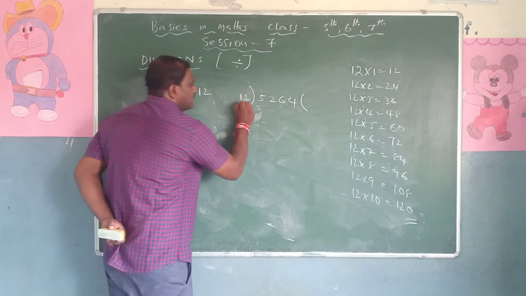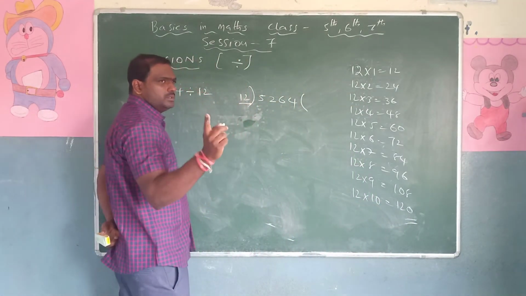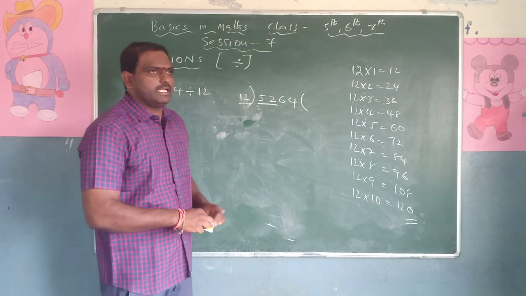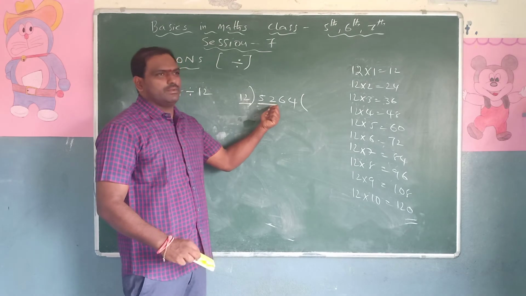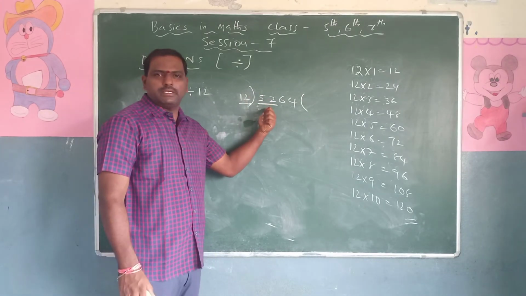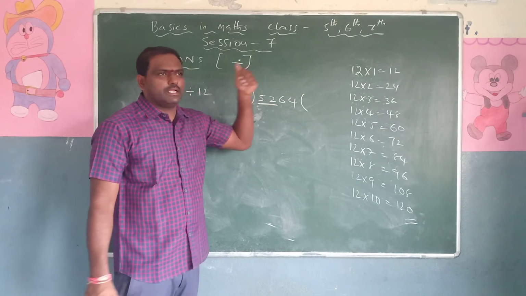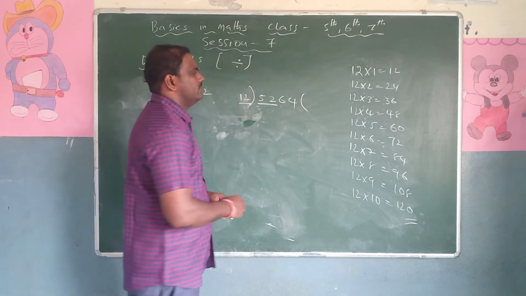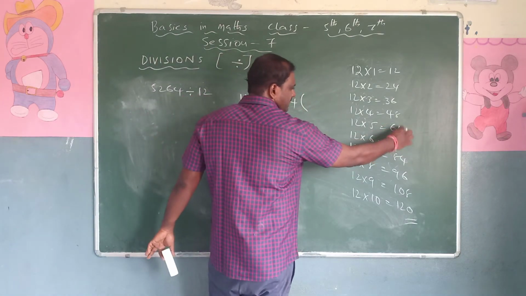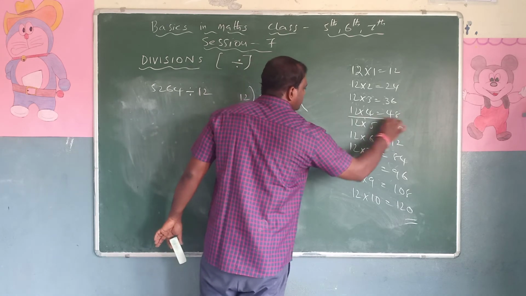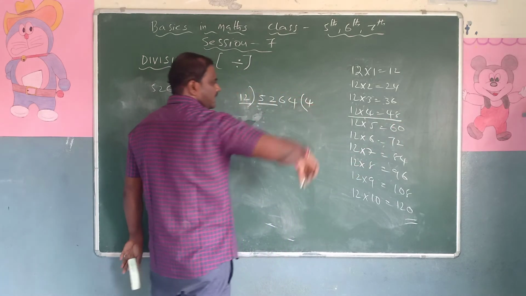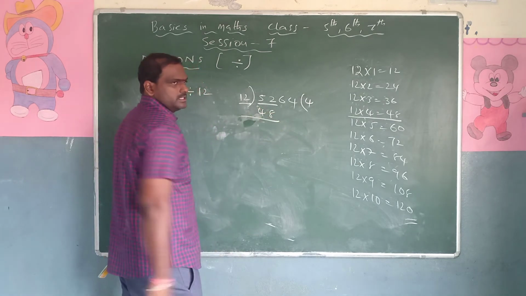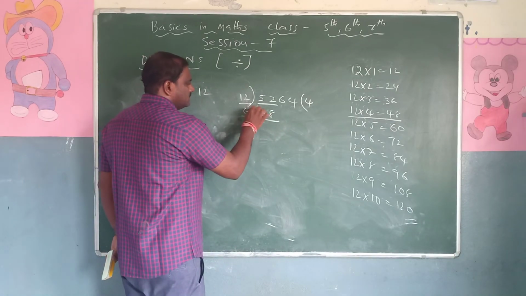Right? Now the point is, how many digits are there? 2 digits. Now you have to take the 2 digits. Then what is the next step? 12 and 52. Which is bigger? 52 is bigger. So we can proceed with the sum. Now 52 is near to which number? Check it. 52 is between 60 and 48 and we have to take the smaller number. So I should take 12 fours. So 12 fours are 48.